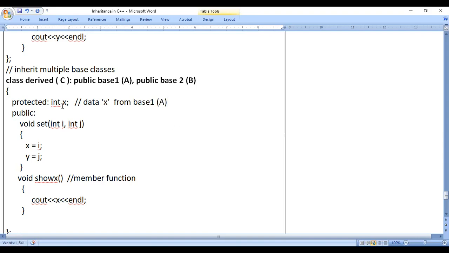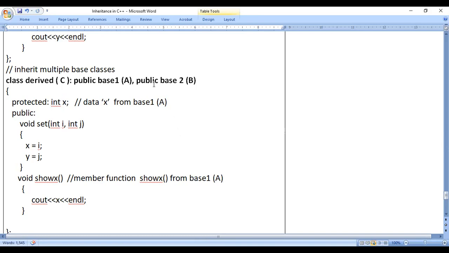This data, where we have taken it from, that means how it is derived, is from base 1, class A, data X. And this member function show X again from base 1, that is A. So now it is clear.